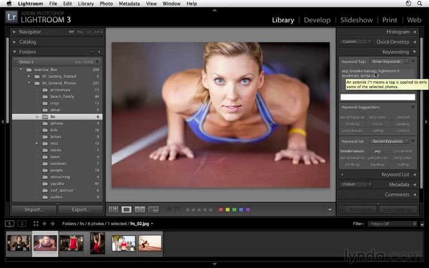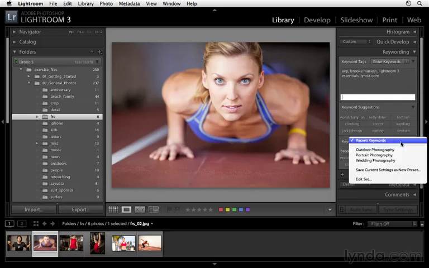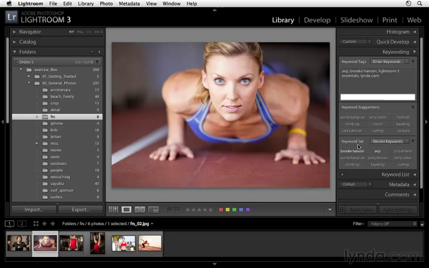Another thing that I can do is I can take advantage of what are called keyword sets. Here I'm currently viewing recent keywords. I can also view other sets that are pre-created or that I've created myself. In this recent keyword list, I could then go ahead and select a keyword like pro athlete, and you can see it's added to this list. So as you're discovering, Lightroom has a few different ways to add keywords which will build up your overall effectiveness